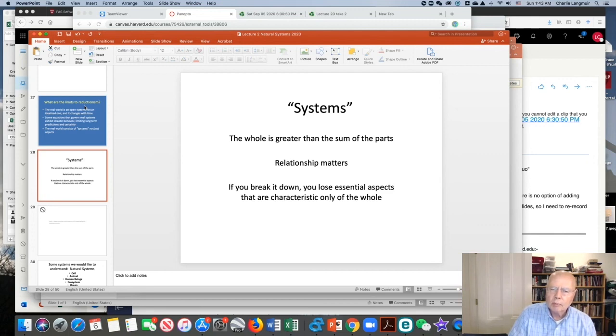So take a human being. A human being has a certain meaning, has a certain significance, has a certain function, has a certain capacity. But if you took a human being and you broke us apart and you laid all our organs very carefully dissected out onto a table and all the bones and everything was there, obviously that entity of stuff lying on the table completely loses the essential characteristics of what it means to be